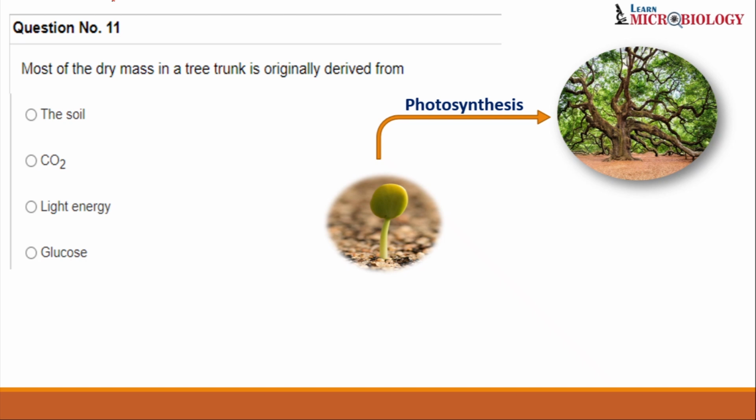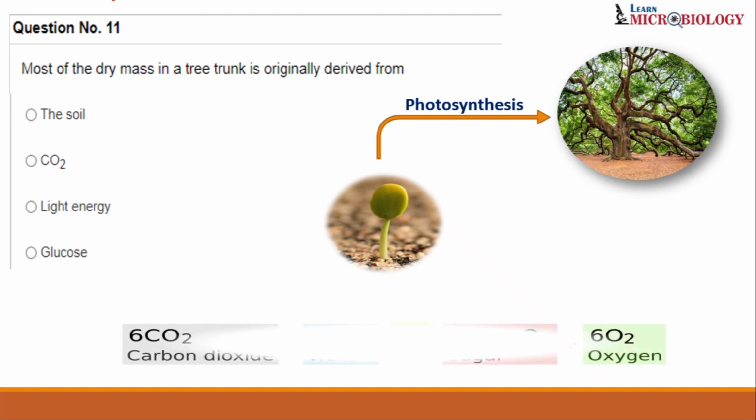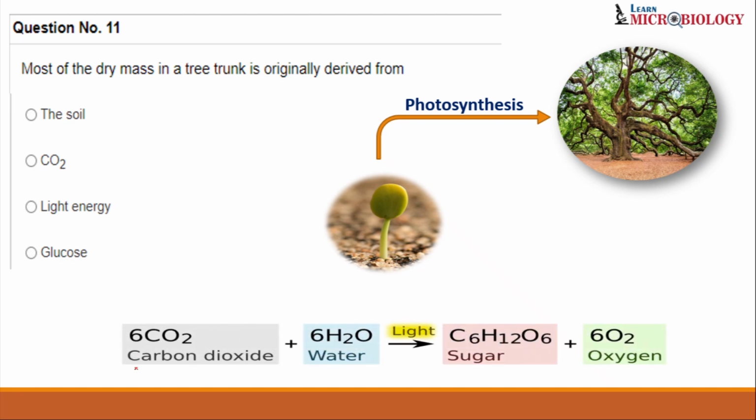And we have learned in school the equation of photosynthesis, as shown here. Carbon dioxide, that is CO2, plus water, that is H2O, forms glucose and oxygen. I hope you remembered it, okay? Now, this tree bark is made of what? We all know the tree bark is made of a polysaccharide called cellulose, right? So it is made of cellulose.